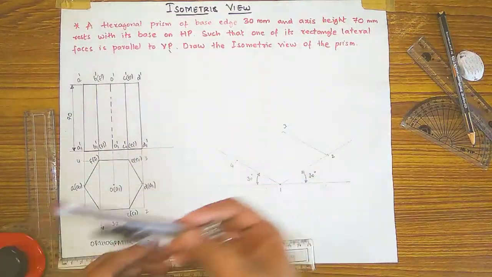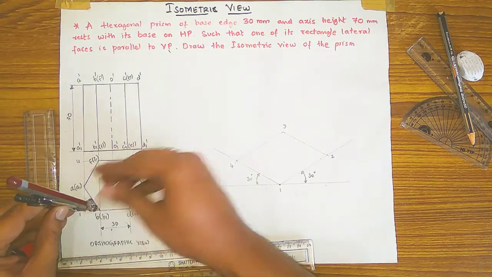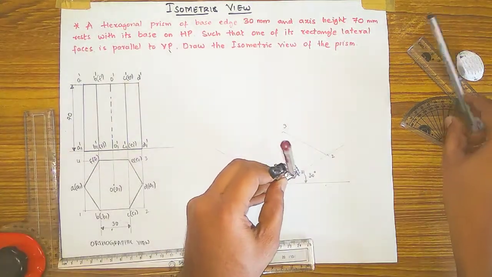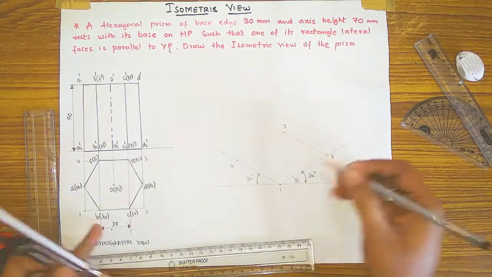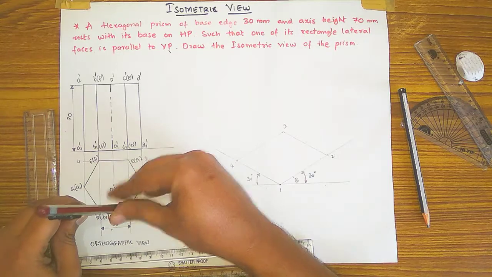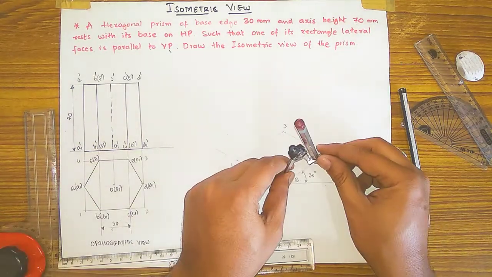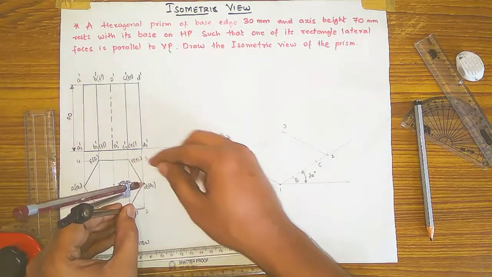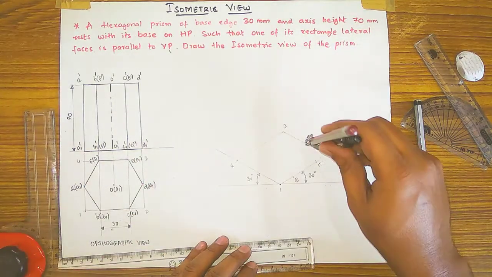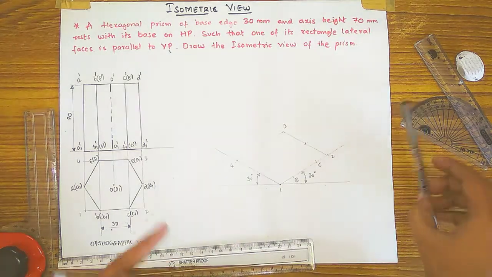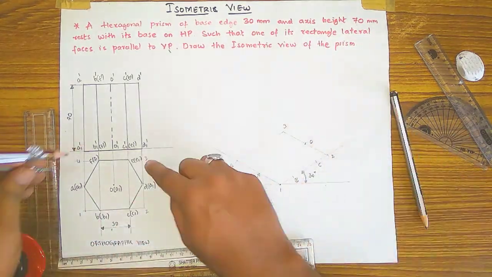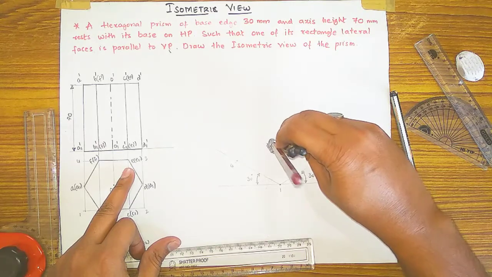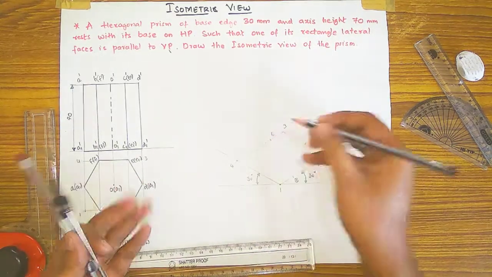So to copy this hexagon, from 1 to B I am measuring, means on the 1 to 2 line, on that only you have to take, and this point is B, so write it as B. And from 1 to C I am measuring this with the divider, and keeping on 1 only I am taking a point, and that point will be C. And on 2 to 3 only one point is there, that is D, and we have to measure it, keeping on 2 to 3, and on the 2 to 3 line only we have to take our point, and this point will be D. And on 3 to 4 we are having 2 points, from 3 to E I am measuring, and from 3 only we have to adjust and mark it, and this point will be E.